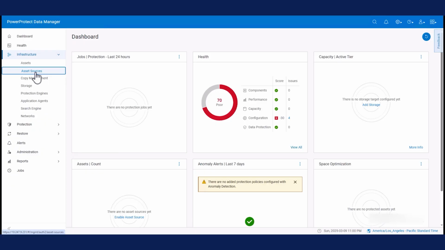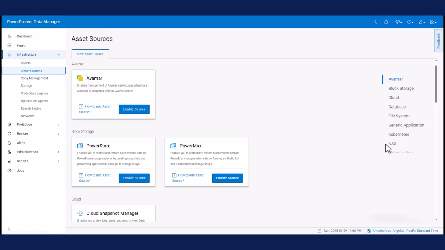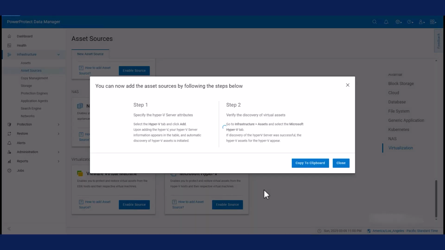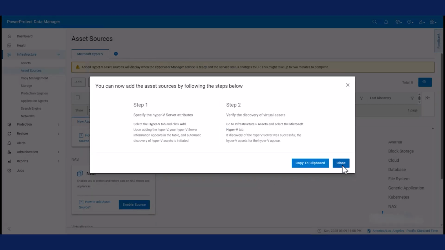After logging in to Data Manager, navigate to Infrastructure, then Asset Sources on the left pane. Enable the asset source for Microsoft Hyper-V, thereby starting the Hyper-V plugin service on Data Manager.